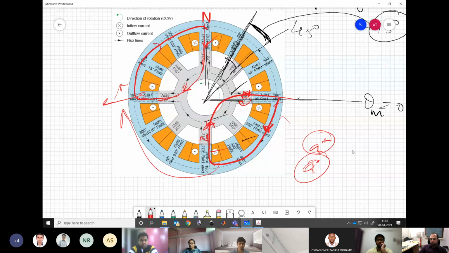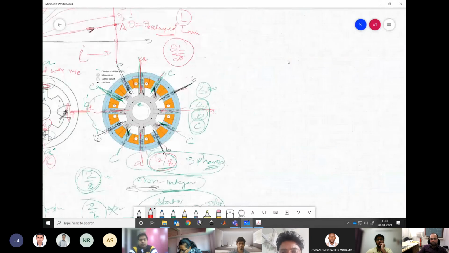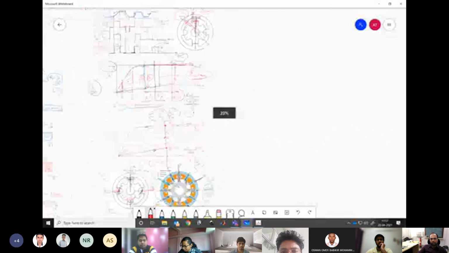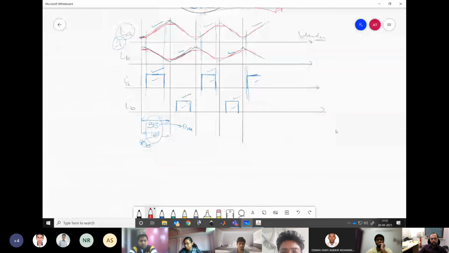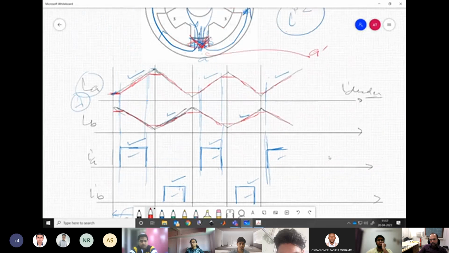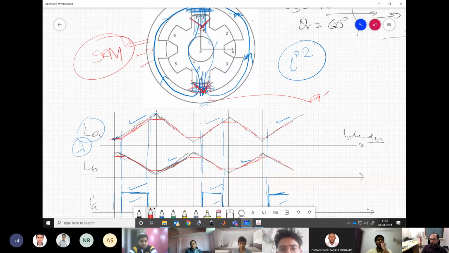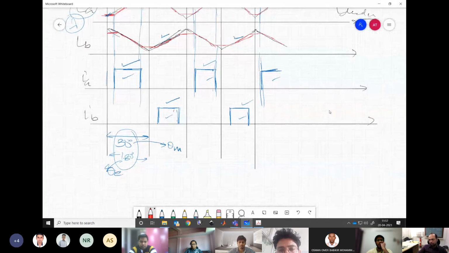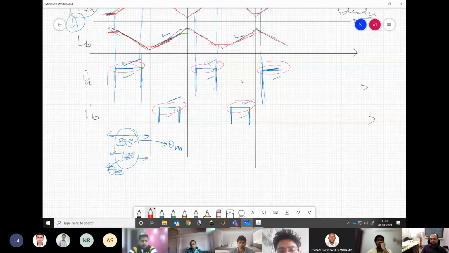Clear? So this is the thing for more complicated SRMs. For this kind of SRM, simply we can say, okay, you connect in series and you operate. And your currents for the A and B phase could be like this. Now, the question is, these are always controlled through some converters. Any SRM or any motor is always controlled through some converter. Otherwise, how would you provide a constant current pulse? How would you maintain a constant value of current? For voltage, it is fine, but here we are maintaining current.